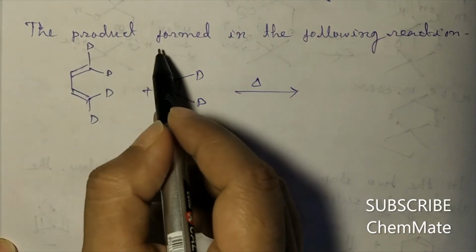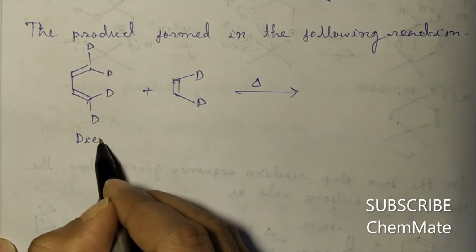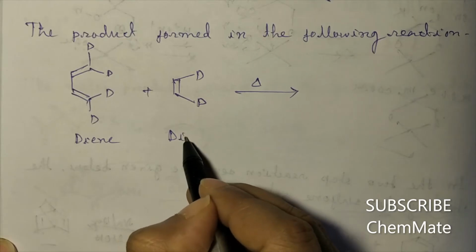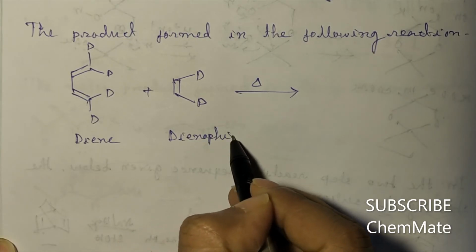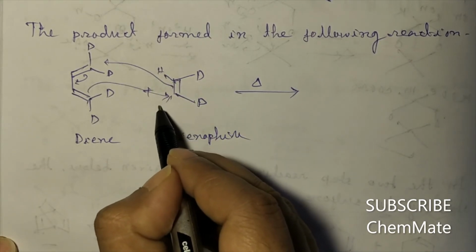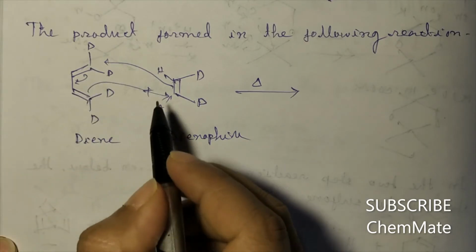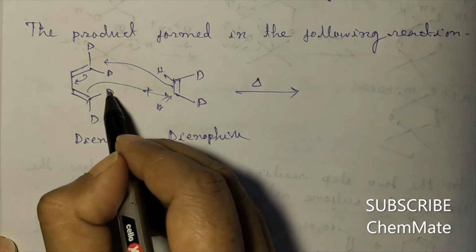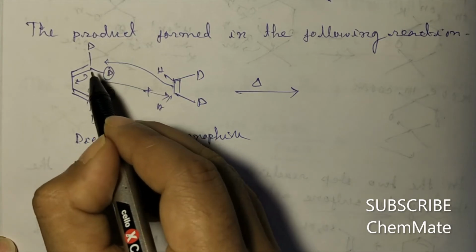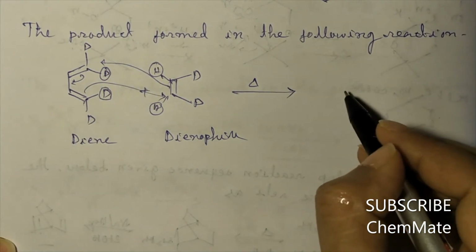Next question, the major product formed in the following reaction. So this is a diene. This is a dienophile. So Diels-Alder reaction will occur. Here this dienophile will come from below the plane of this diene. So if this comes from below the plane, then these two deuterium will go above and these two hydrogen will go below the plane. So the product will be